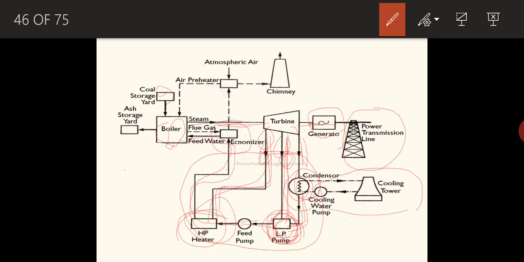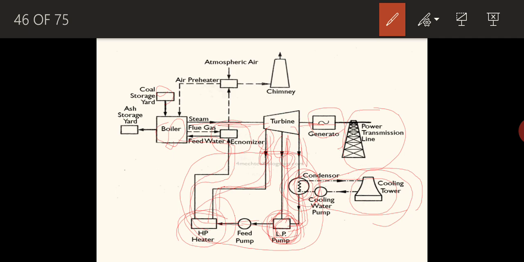In the cooling tower, what happens is, see, the cooling water passing through the heat exchanger at this portion will be extracting the heat from the steam coming from the turbine. So of course, at the exit of the heat exchanger, there will be hot water that is to be again cooled to pass through the heat exchanger as a circuit. So that heated water will be passing through the cooling tower, in which the heat is rejected inside the cooling tower, and it is finally coming back as a cooling water, and it is being circulated. Okay, that is all about the water circuit.